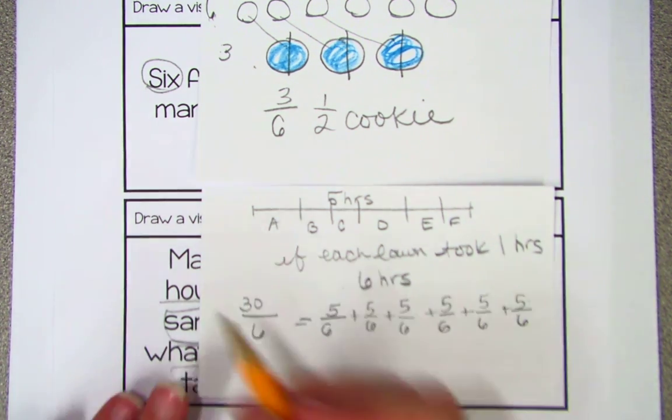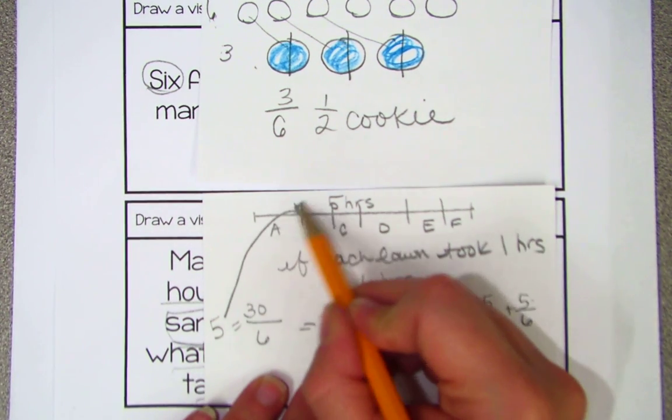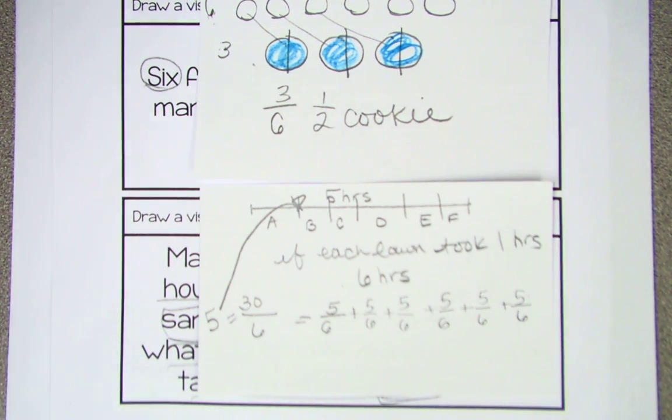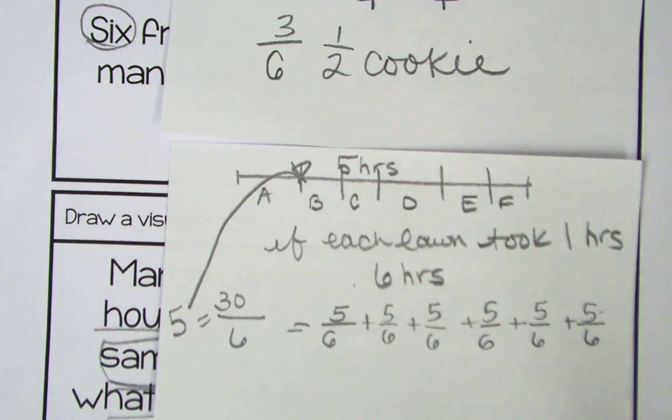What does that equal? 5, right? There's your 5 hours. Okay? So if each lawn took 1 hour, it wouldn't be too much. But look, so I'm